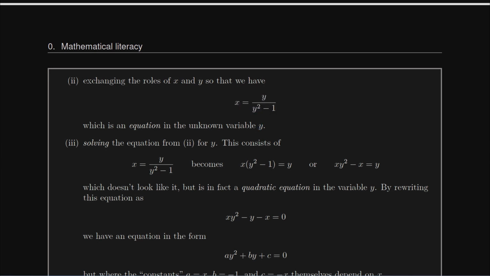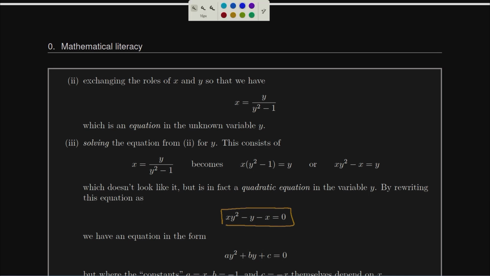But to do that, you would recognize I have to multiply both sides by y squared minus 1. So that comes up to the left. I've got x times (y squared minus 1), which will give me xy squared minus x equals y. And if I rearrange this, it seems a little bit strange, but if I rearrange this to the following, xy squared minus y minus x equals 0, I can actually use the quadratic formula on this equation to solve for